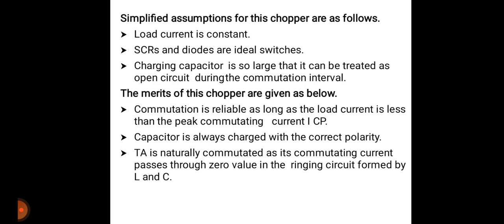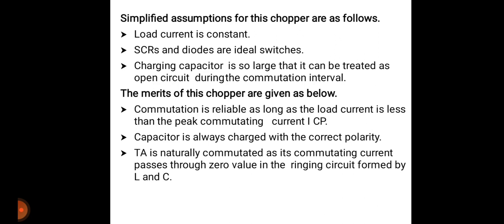After this, main thyristor T1 is fired at t equals 0 so that the load voltage V0 is equal to Vs and the load current is I0. Up to the turning on of T1, the commutation circuitry remains inactive. Initiation of the commutation process begins with the turning on of the auxiliary thyristor. The commutation process, for easy grasp, is divided into various modes.